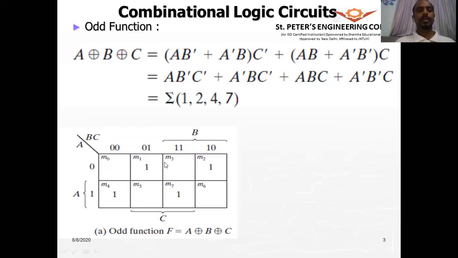So we see that the three-input XOR gate will directly give us an odd function. That means if you want it to work as an odd function, it has to identify when an odd number of ones are there, then you can use this for an odd function.